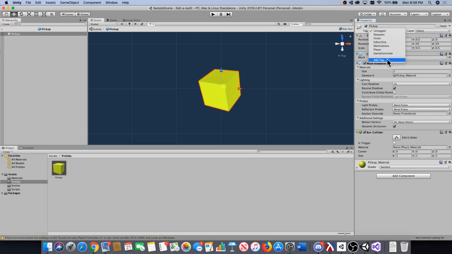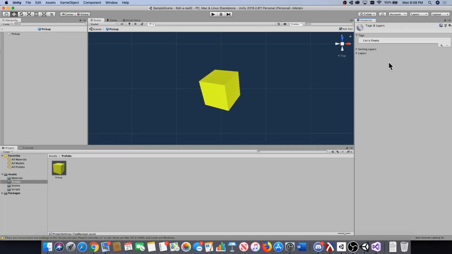So if we go down and click add tag, this will allow us to make a tag with our own name. So we can make a tag, call a tag, whatever we'd like. But as I mentioned, we want this tag in particular to be called pickup because that's the name that we reference in our code. So we got this list is empty, and if you see the little plus symbol, we can click plus,